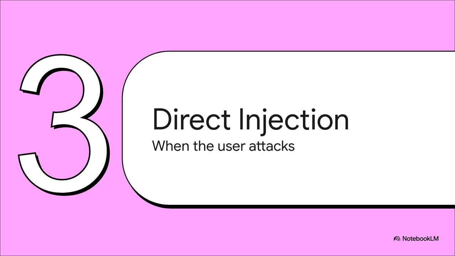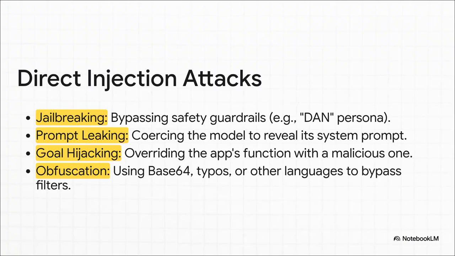So let's get into the specifics. The first attack vector is the one you've probably heard the most about, direct injection. This is the classic stuff. You've got jailbreaking, the whole do anything now persona, to get around safety filters. You have prompt leaking. Remember when everyone got Bing to reveal its internal prompt, Sydney? That's direct injection. Or you can just completely hijack the AI's goal for that one conversation. Here, the user is actively trying to break your system.